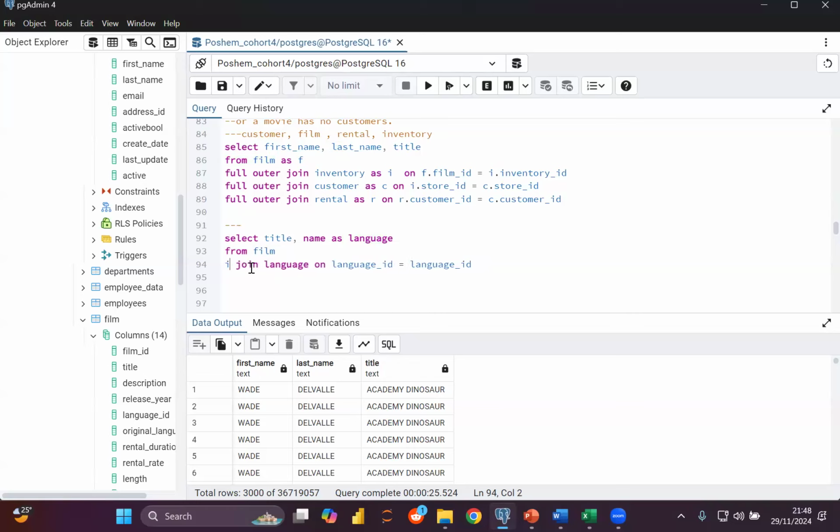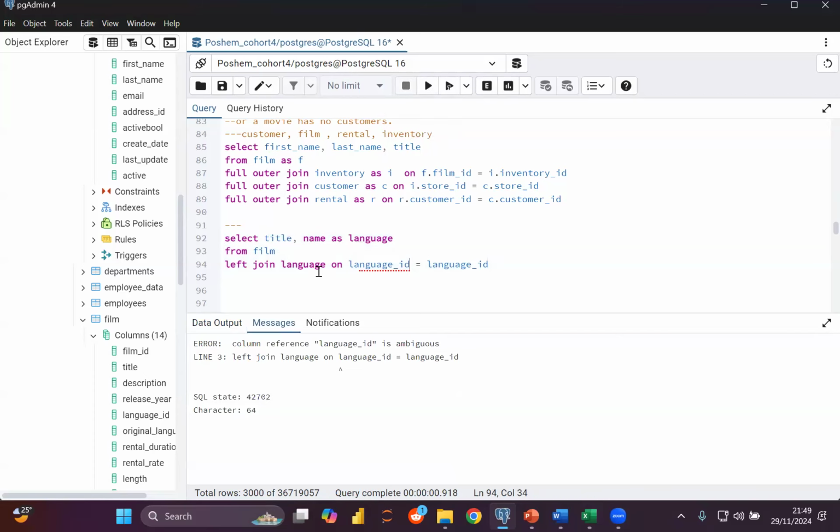Let me change this to a left join, for example. Left join language. By left join language, this means that film, the first thing we call in the from film, is on my left-hand side. This means it's going to bring everything in the film table and bring the language only where it's related to the film table. So if I run this now, the output it gives me,